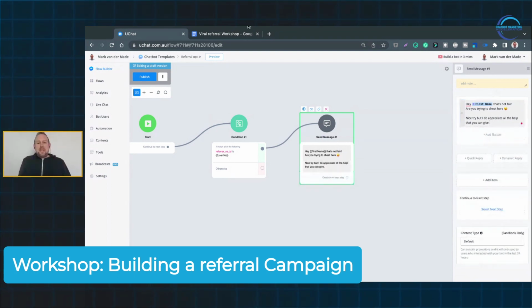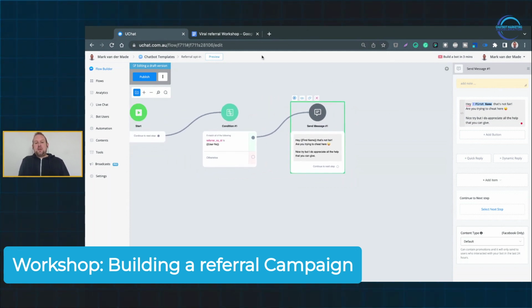So the next step is to actually get the referrer first name from that payload that we saved inside that ref URL. And the way to do this is by going towards the UChat API and get the subscriber information, right? So what you could do is we can go to the top right corner, we can go to API keys, and from here you will be